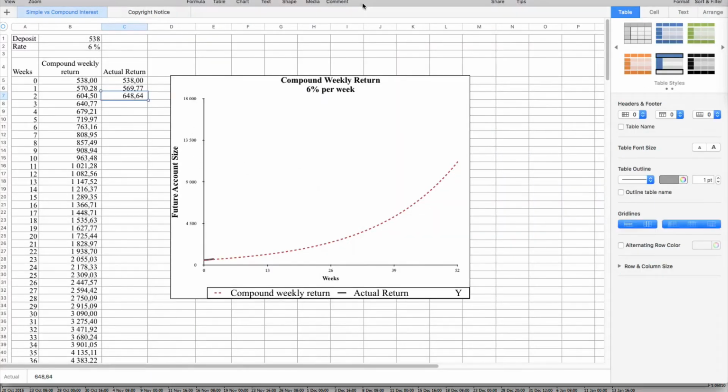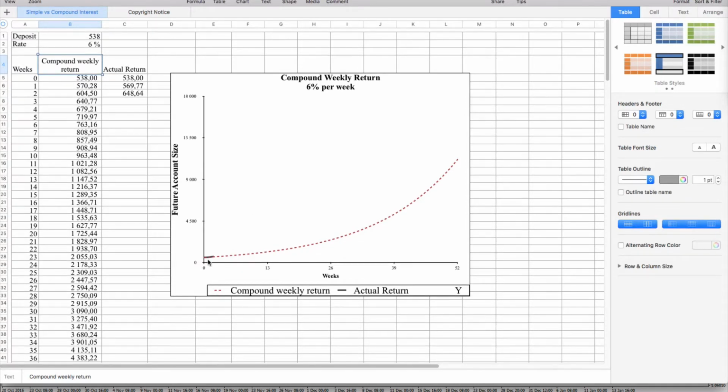So let's take this away. Here you can see that this spreadsheet will draw the actual return in blue and the compound weekly return target estimate graph on the red dotted line. This compound weekly return, which is our 6% pace, is visible here as this nice curved dotted line. Now we have just two weeks of data, so we have a little bit of the blue line visible here. If we can keep a similar pace, over our 6% target,